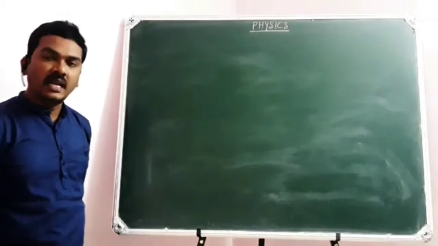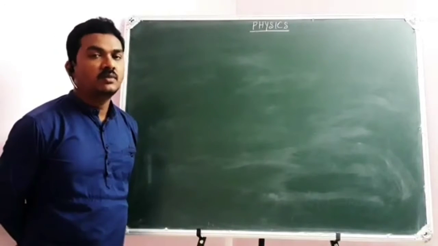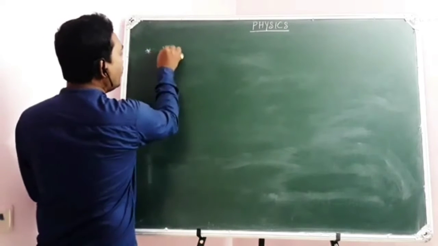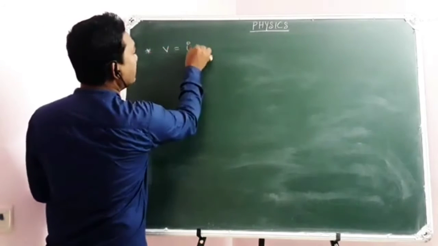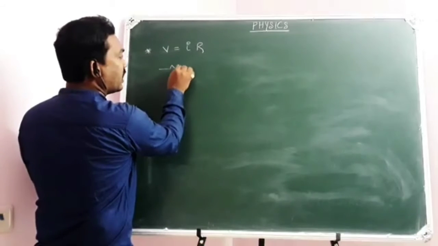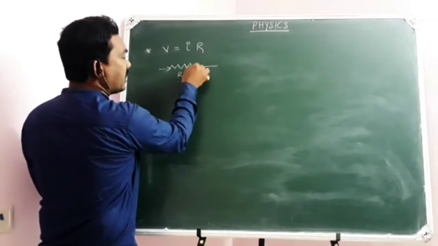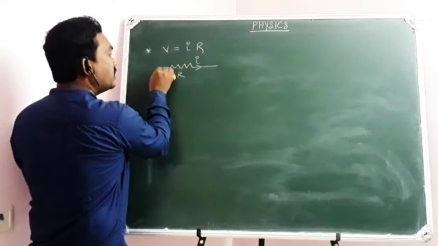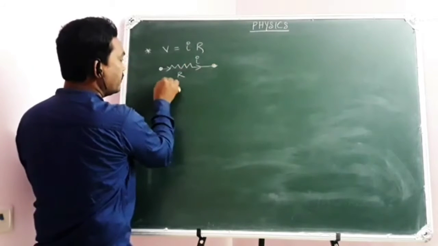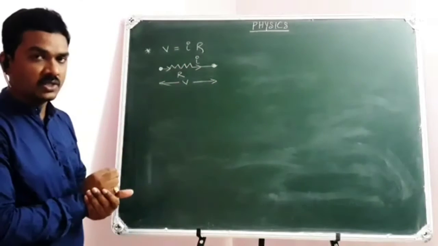So we have learned in the last class the explanation of the concepts of Ohm's law, which leads to a mathematical equation V equal to IR. Remember, R is the resistance of a particular conductor through which there is a current I traveling through it. Then the potential difference across the terminals of the conductor is V, so that V equal to IR. This is what you have learned.